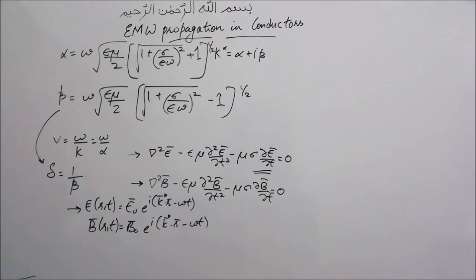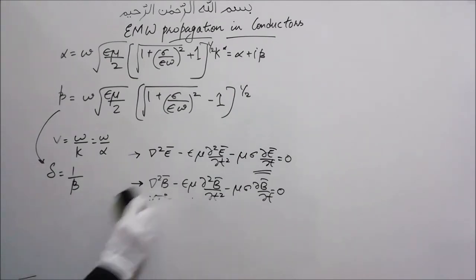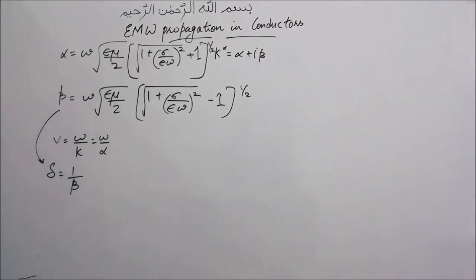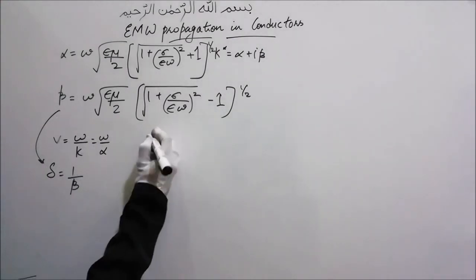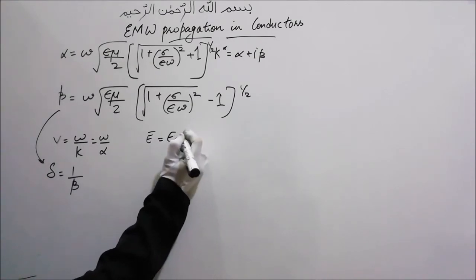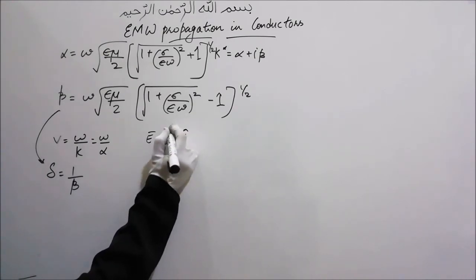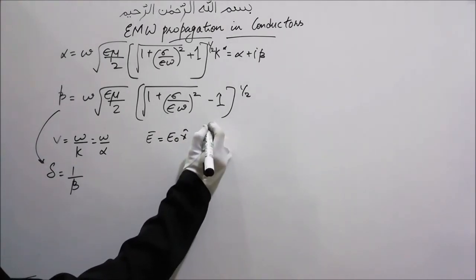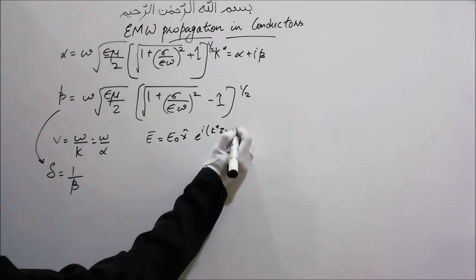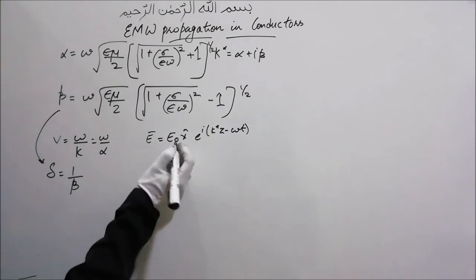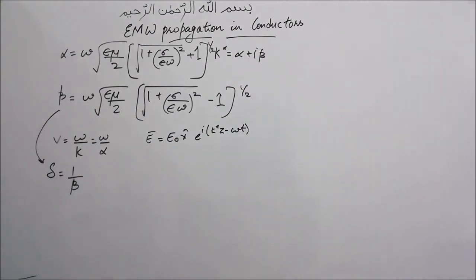So let's take an electromagnetic wave, and just consider the electric component of the wave, and it is hitting a conducting material, or it is falling on a conducting material, from free space. So let's say the electric field of the wave is E naught, moving in the x hat direction, e raised to i (k star z minus omega t). The wave is moving in the z direction and the electric field is along the x direction.